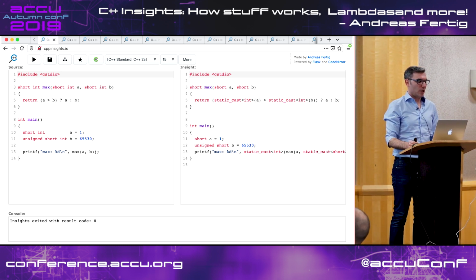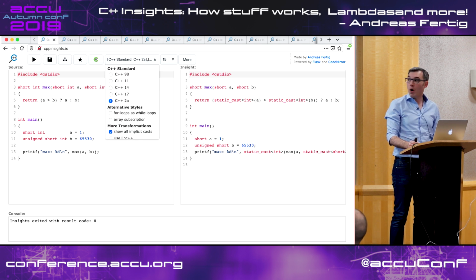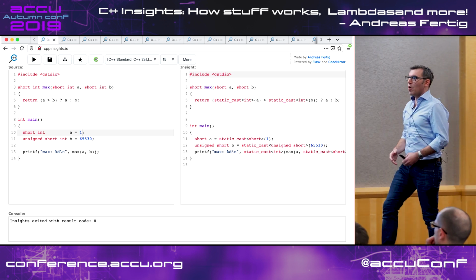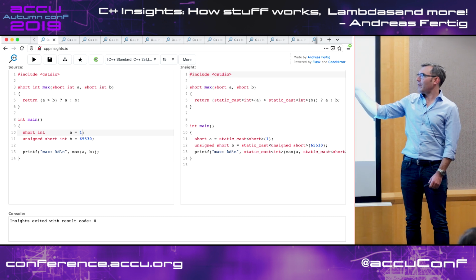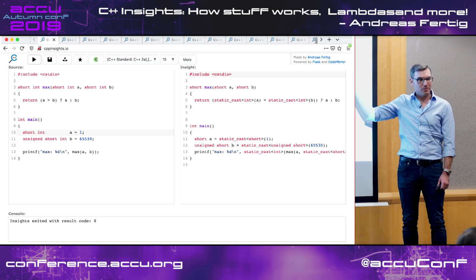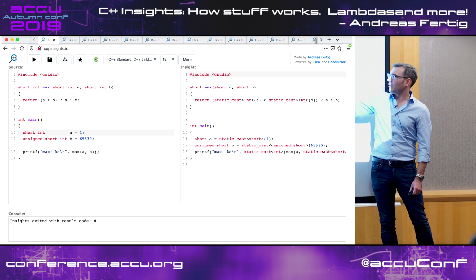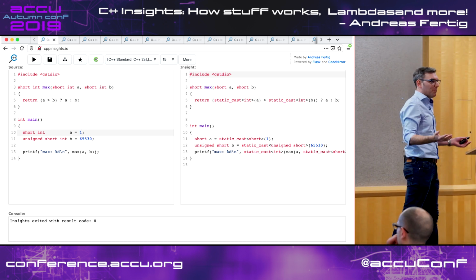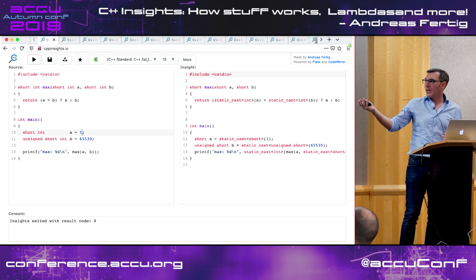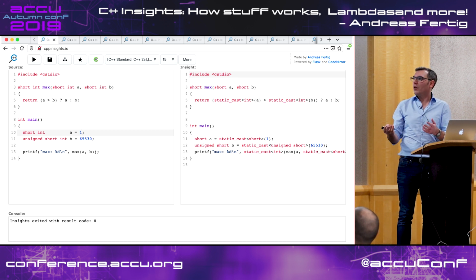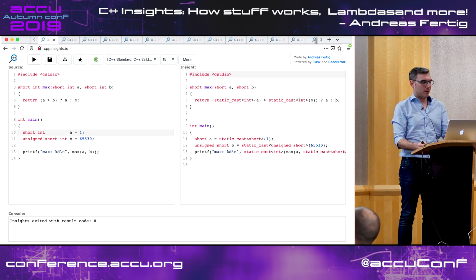That's the default view. But you can also say, show all implicit conversions. And then we will see 2 more. Because 65K isn't an unsigned short. It's an integer, not a short. 1 is not a short. It's an integer, so it will be cast. No big deal. It doesn't impact anything. But they are there, and sometimes we like them, sometimes we dislike them, the implicit conversions. So this is what C++ Insights can do. It can show you some of the things that happen in the background.